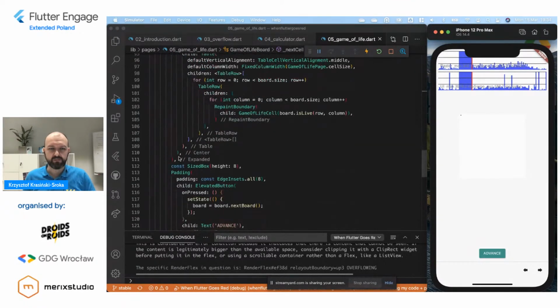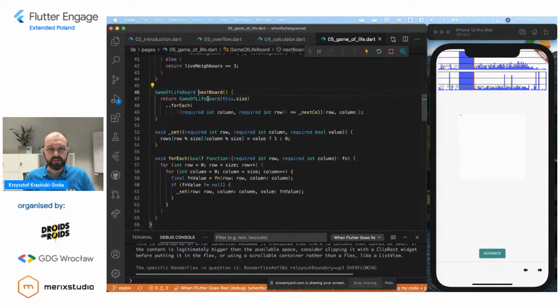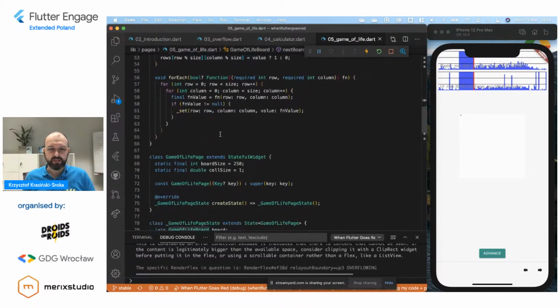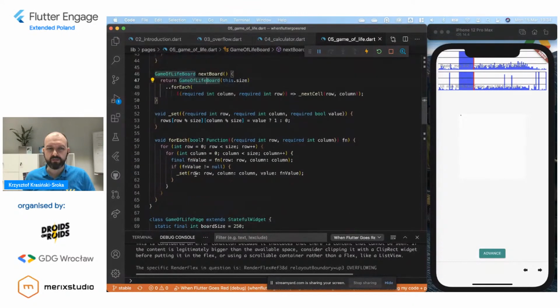An advance button, if we find it, on state, it executes board, next board. And the next board calculates for all the rows and all the columns the next value of a cell. So you might suspect, well, if a board is too big, maybe it takes that much time.